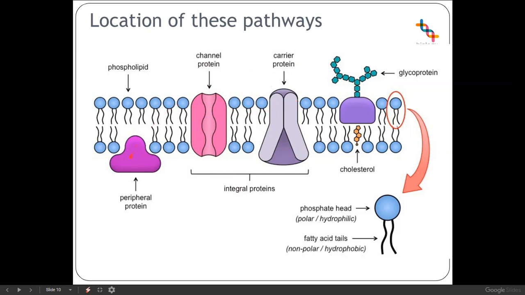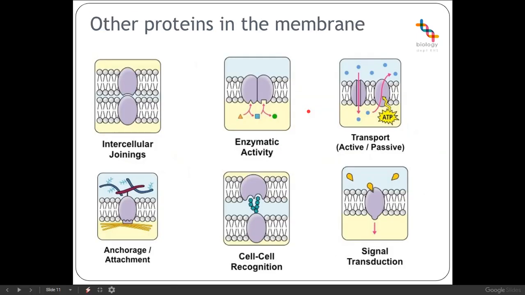And by changing the proteins which are actually embedded within each section of the membrane, you change the different reactions which can happen. And that's what allows specific cells to carry out specific roles, by having these specific proteins embedded within them. So as well as carriers, the proteins in the membrane could be used for signalling, they could be used for anchoring, and they could be used as enzymes. So picking what proteins are present on a particular stretch of membrane tailors the reactions and the response of that specific area of membrane. Now the ones that you guys would be specifically really expected to know would be the